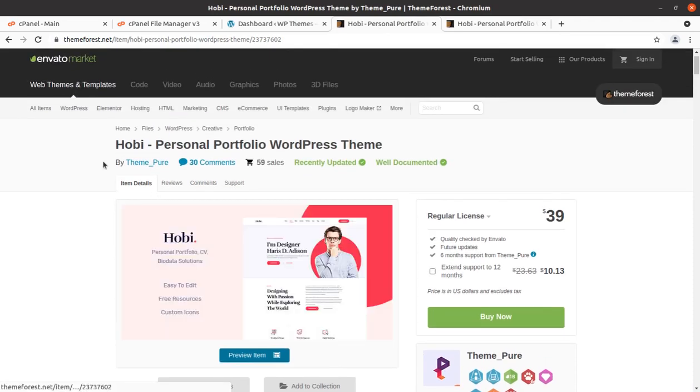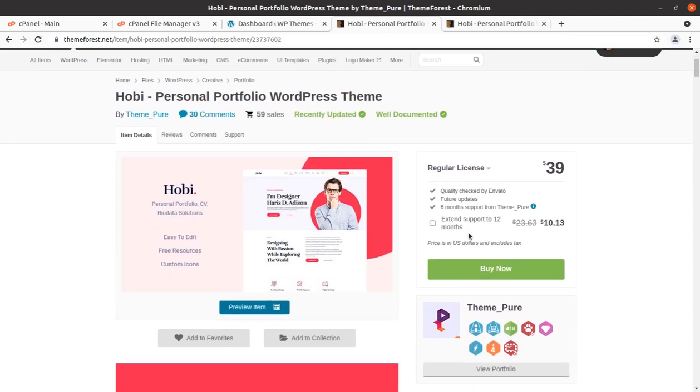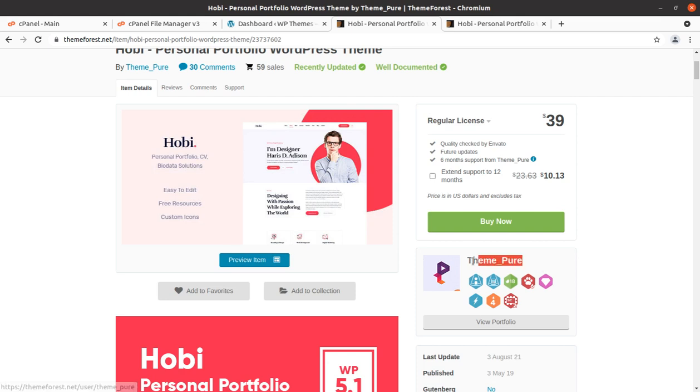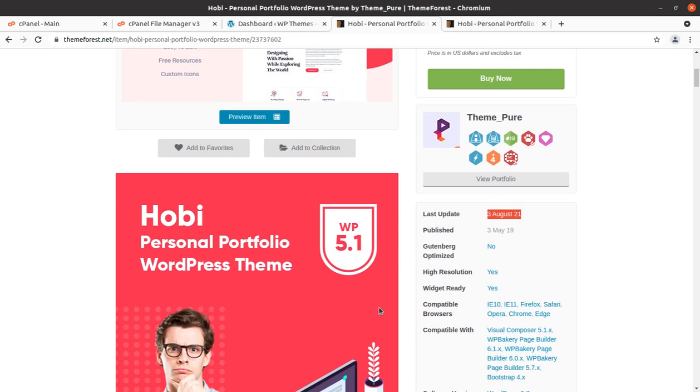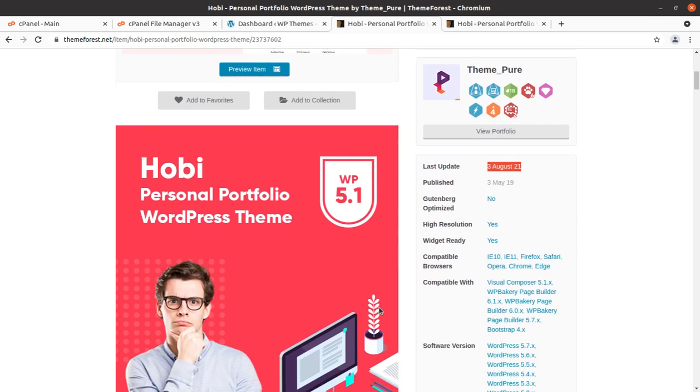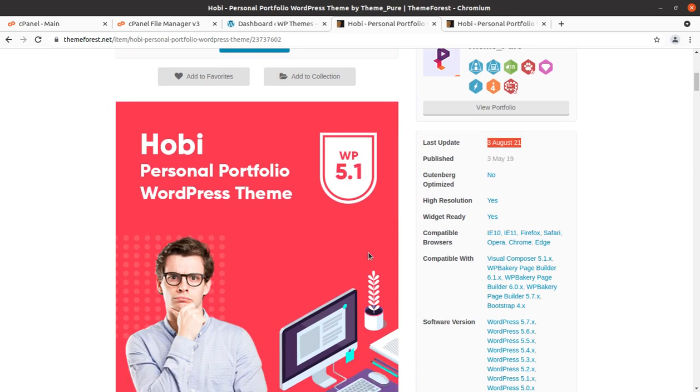So Hobby is a personal portfolio WordPress theme, developed by Theme Theory in 2019, and regular updates for this theme are also being done. So you can consider this theme as the most updated WordPress theme for personal portfolio, and it supports WP 5.1.